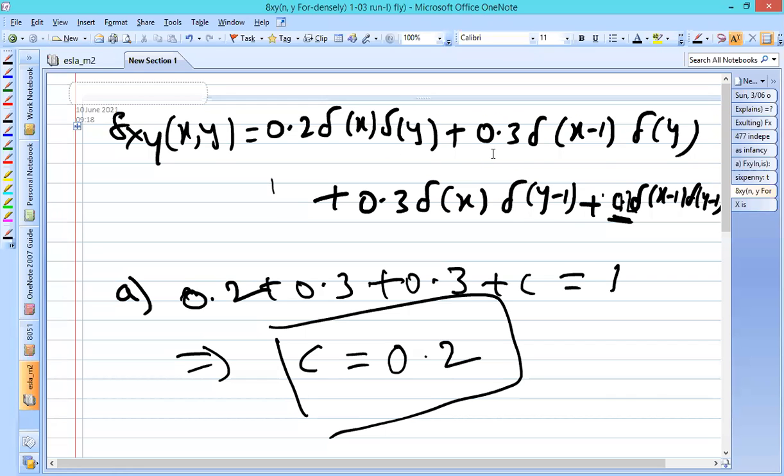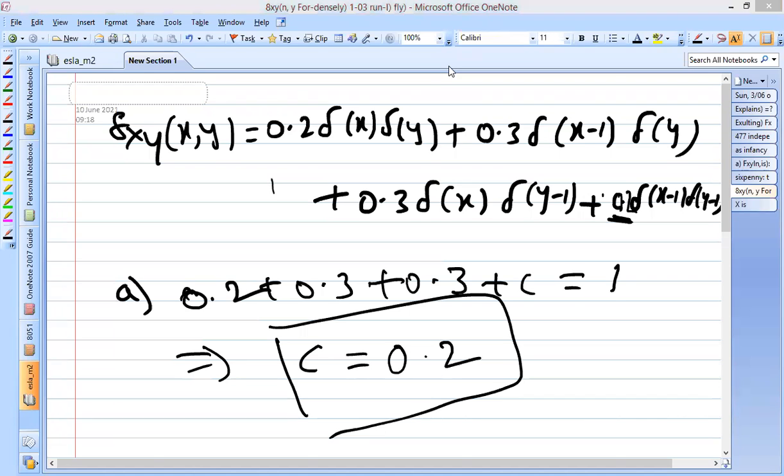So here, the remaining three terms: if you substitute x as 1, you will be getting delta of 0, and delta of 0 is 0 itself. Similarly, if you observe the third term, if you take y equal to 1, substituting y equal to 1 will give delta of 0. So we are going to eliminate these three terms and we'll be considering the PDF equation f_XY of x comma y as 0.2 delta of x into delta of y in the calculation of the CDF.